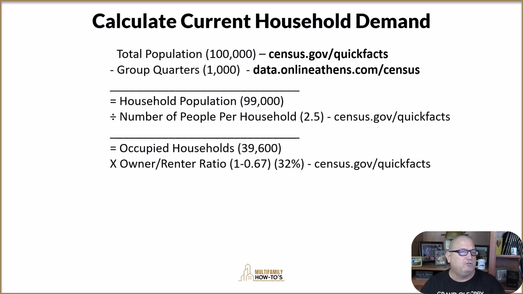So we multiply by the owner-renter ratio, otherwise known as tenure, and again, you can get this at census.gov. Now it's going to give you the owner percentage. All we need is the inverse of that. So if you take 1 minus whatever that number was, in this case, we're going to say it was 0.67. Really, it should say 0.68 because that math doesn't match. So we're going to say 32%. So you do 1 minus 0.68. That says 32%. So you multiply 39,600 times 0.32,